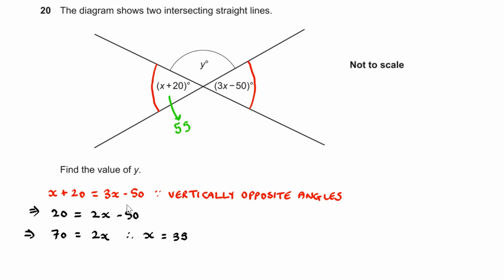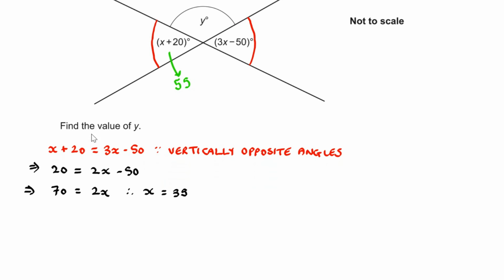So this angle here is 55. And this angle here plus y will equal 180. So therefore, what we have is 55 degrees plus y equals 180, and the reason for this